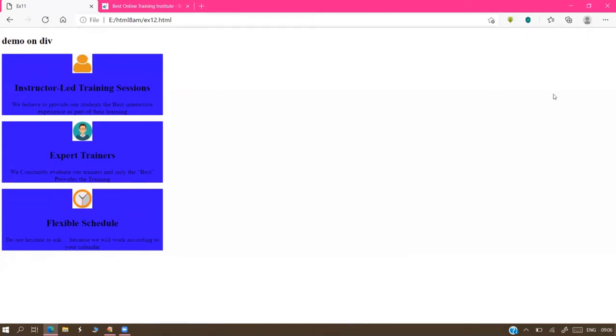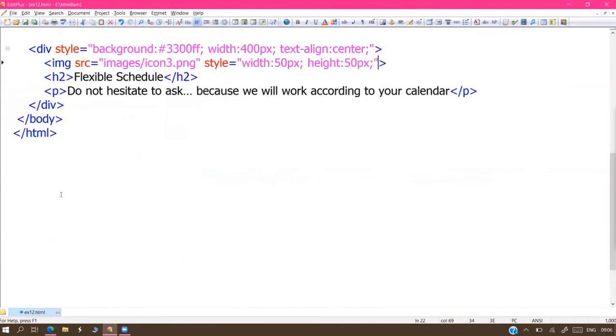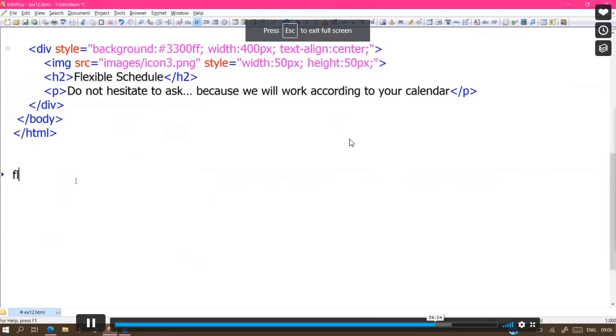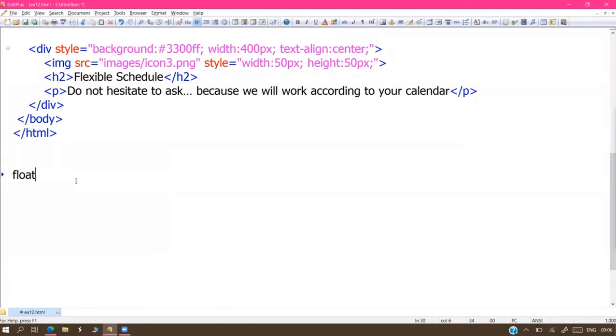Next, how to get all these things side by side? In general, side by side doesn't come, because a division is a block level element. It's a block level element, so generally it doesn't come side by side. But we have one special CSS attribute, called float. With the float attribute, block level elements are arranged side by side in the same line.